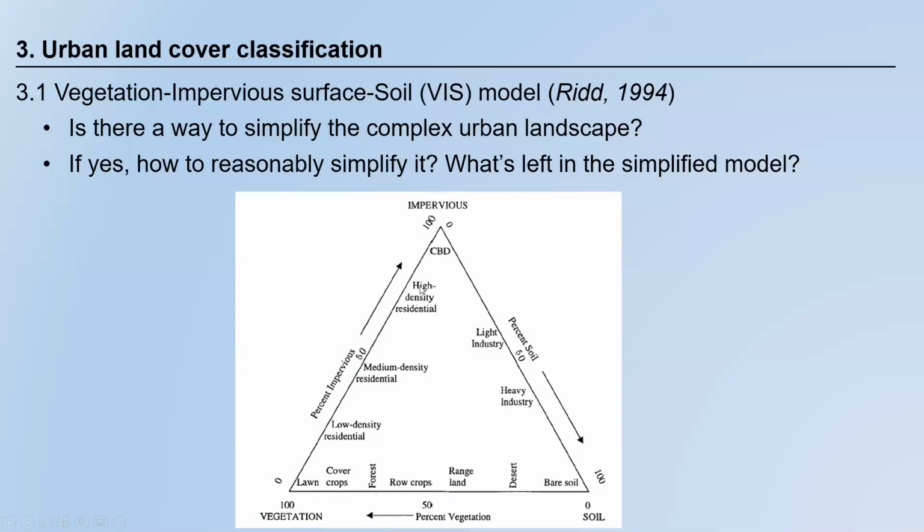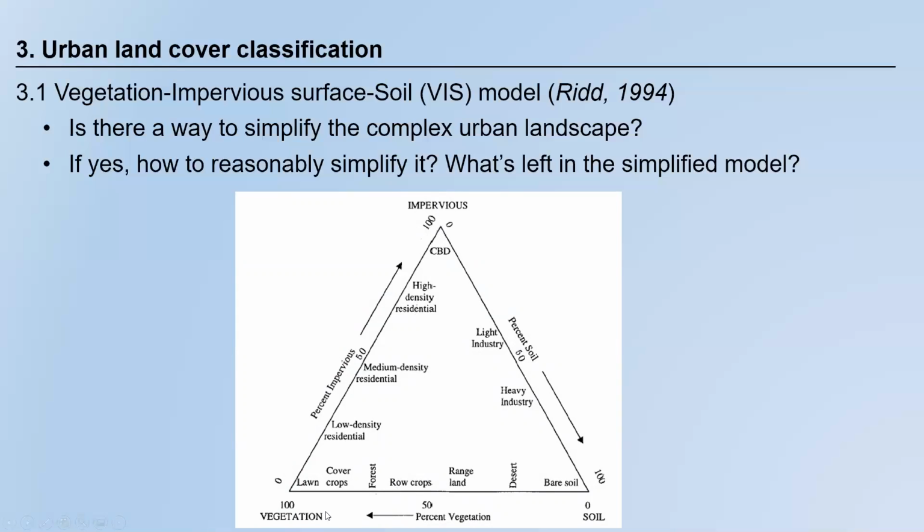If it is high density residential, then it's closer to impervious surface. High density means high density of buildings, houses or apartment buildings. So there are more buildings than vegetation, but still you cannot imagine a residential area without any vegetation, right? So there is still vegetation, but in terms of land cover it's closer to the CBD, closer to impervious